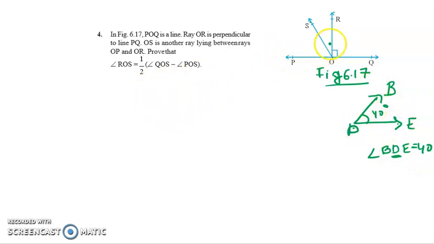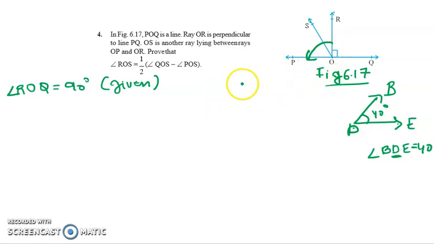Now if you see the figure carefully, this angle ROQ is 90 degree. I'm writing from here, angle ROQ is equal to 90 degree. Why? Because it is given to us that angle ROQ is 90. Now I told linear pair. This means this whole angle will also be 90 degree.